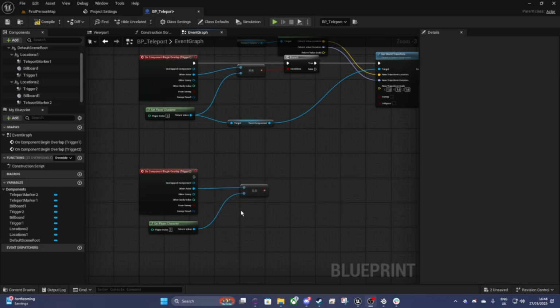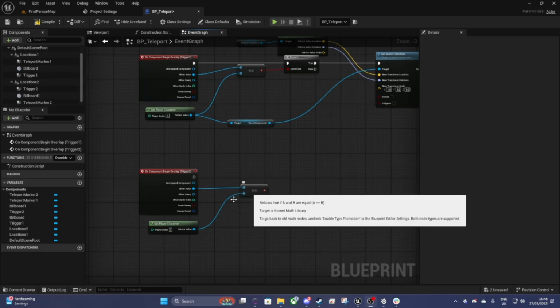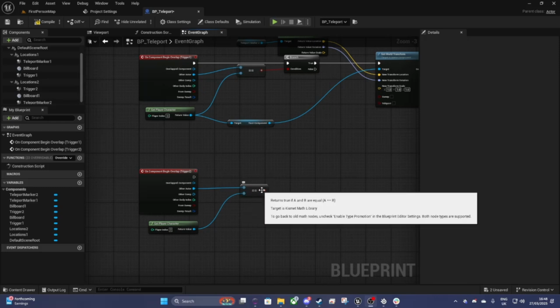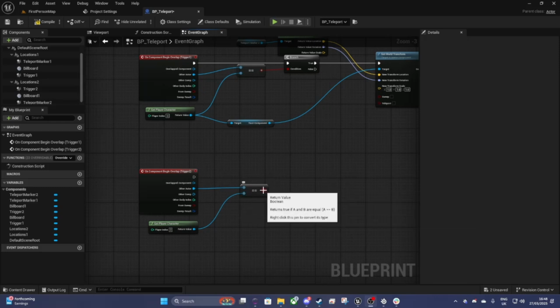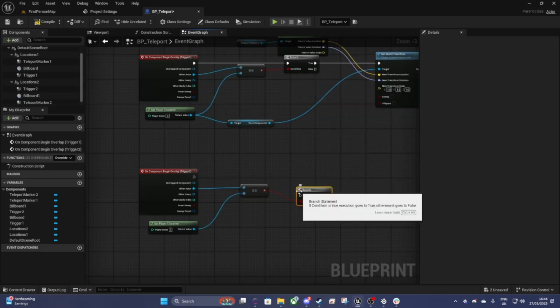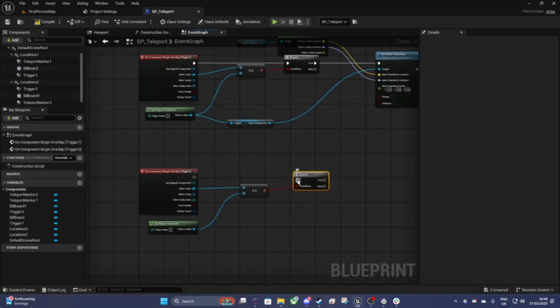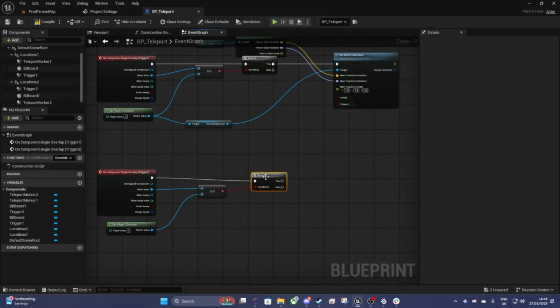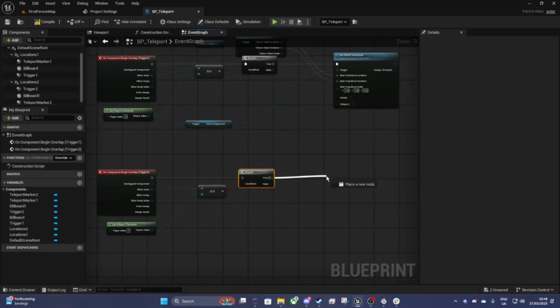Right, where was I? Equals equals, right. So this is checking the location of the player actor. So you'll need something to confirm that the player actor is inside the box. So what you'll need to do from there is drag and drop off of that node and then type in branch. Branch, again, is just checking that the conditions linked up to it are met. Once you've done that,